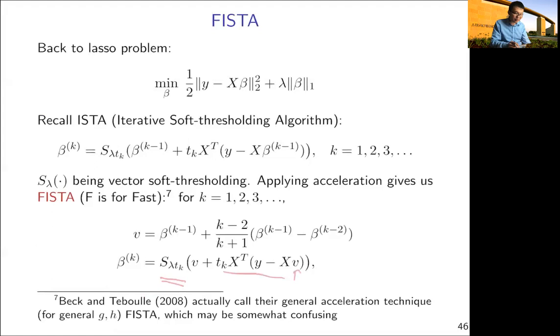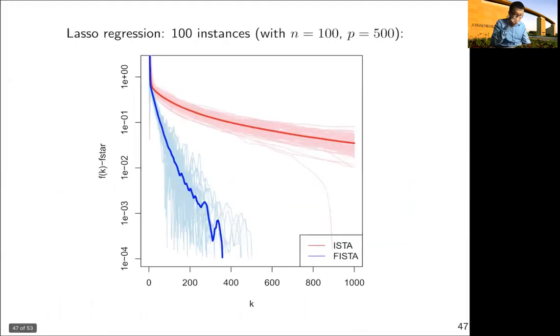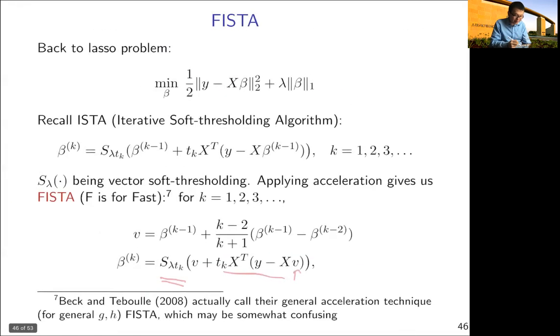So notice that with acceleration, this algorithm converges faster, but is every iteration having the same computational complexity? So it turns out that it is the case, because if both these two are sparse, then V also needs to be sparse,